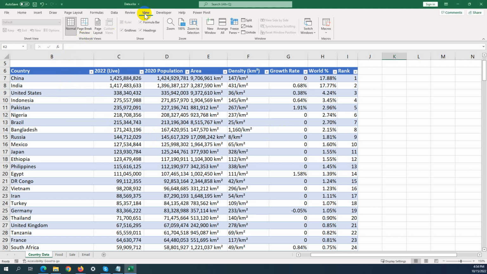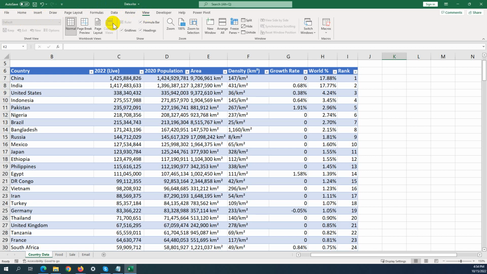This is what we call the View tab. Like we have Home, File, Insert, Draw, Page Layout, Formula, Data, Review, View. Those we call tabs, so we can say File tab, Home tab. In my previous video, I already explained from the File tab to the Review tab, and I will explain the View functions